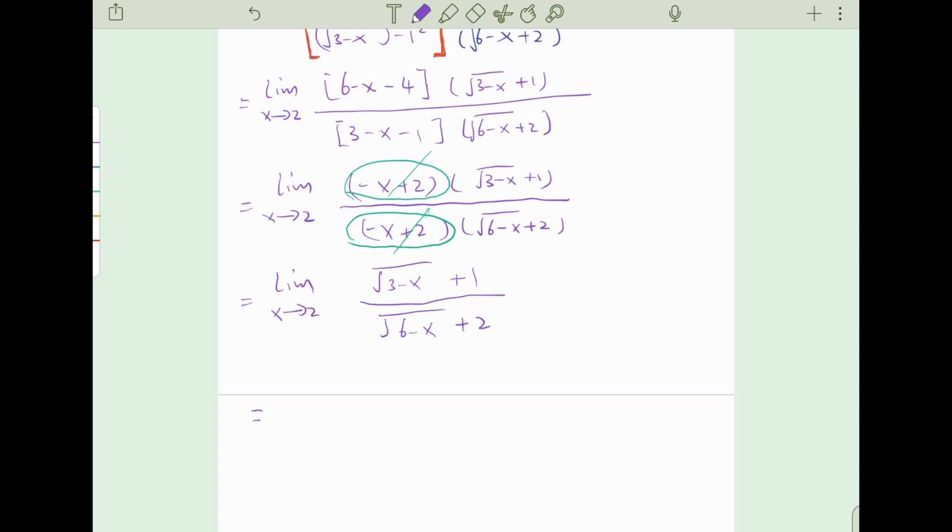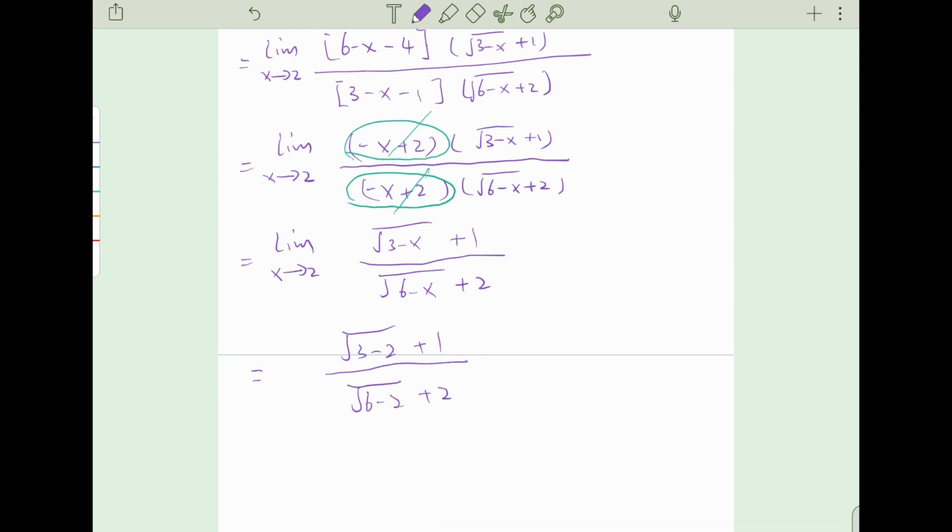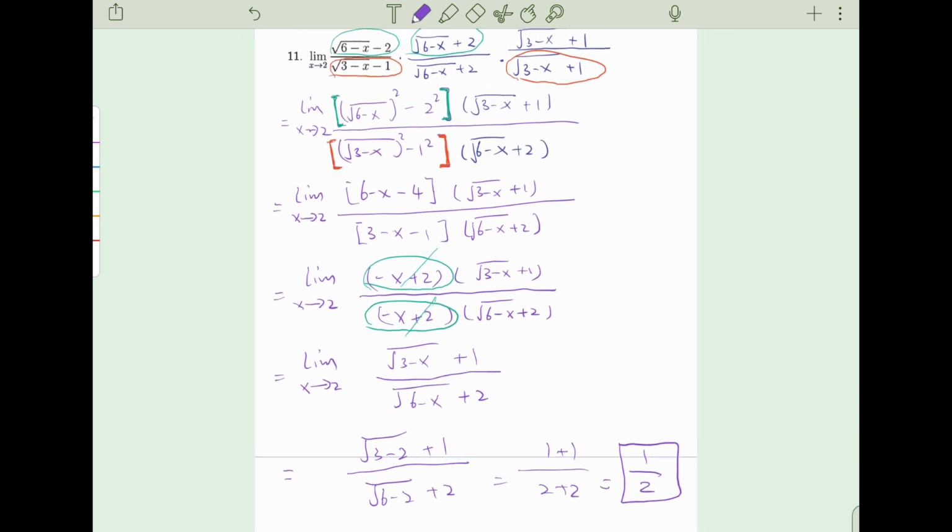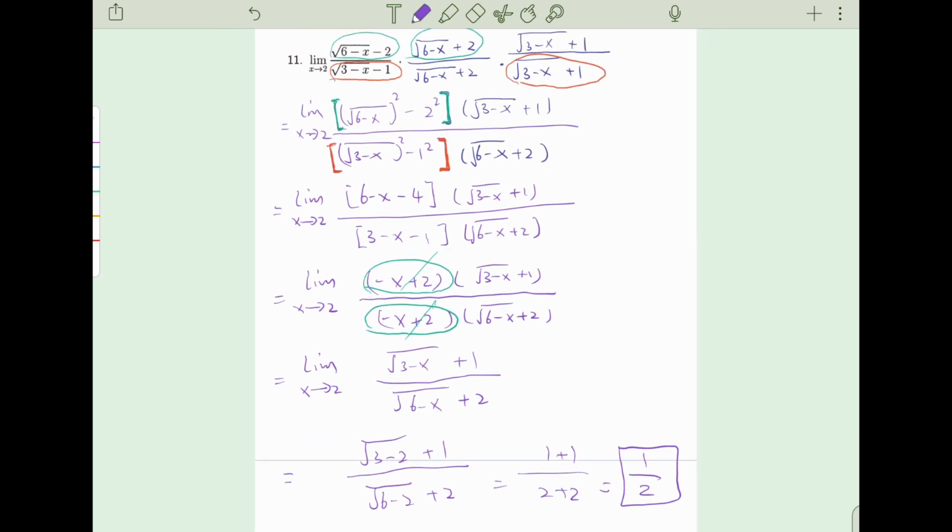So just straight plug in 3 minus 2 plus 1, 6 minus 2 plus 2, that is 1 plus 1 divided by this 2 plus 2, which is 1 over 2. That's the final answer. Okay, now we see that the question 11 is very complicated, and it's a very ideal